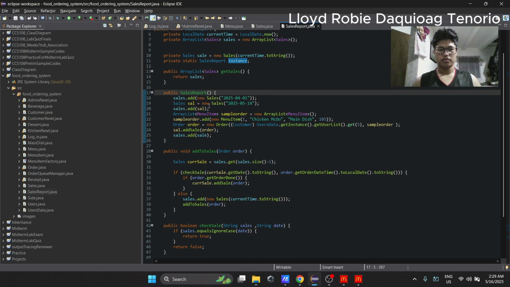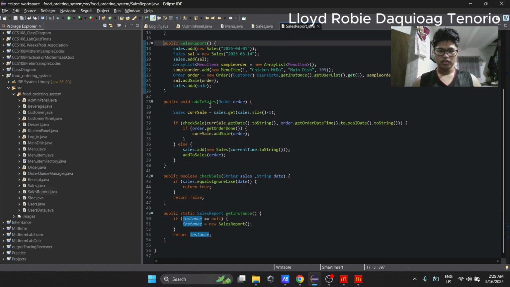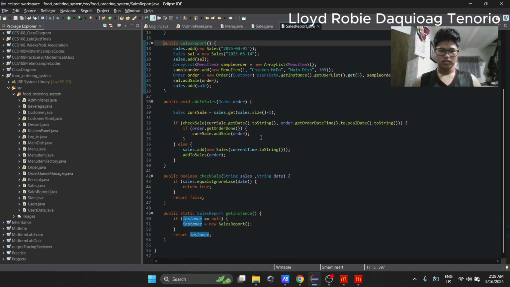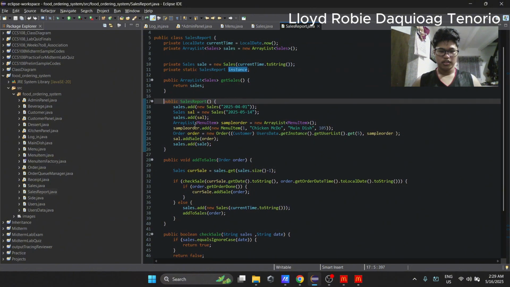So in the first run, the instance is null, so it will create a new SalesReport, or it will call the constructor, where we add dummy data.